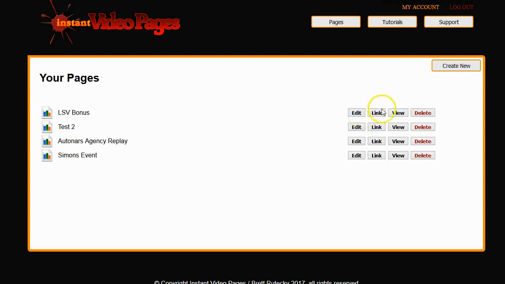You can edit the page, you can get the link for your page, you can view the page, you can delete the page, and of course by clicking on this little graph icon on the left-hand side, you can see all of the statistics for that page. Now, if you're just getting started, you probably don't have any pages created, so you're not going to see anything in this view. What you're going to want to do then is go ahead and click on the Create New